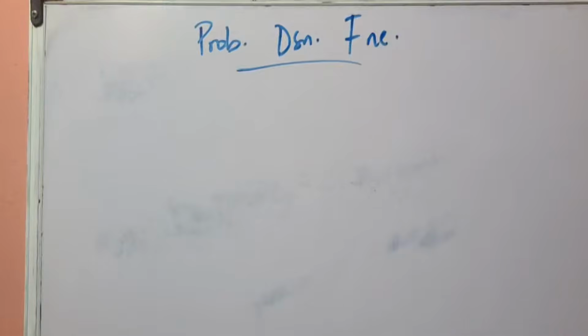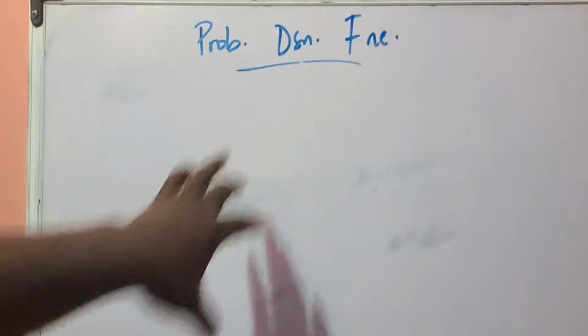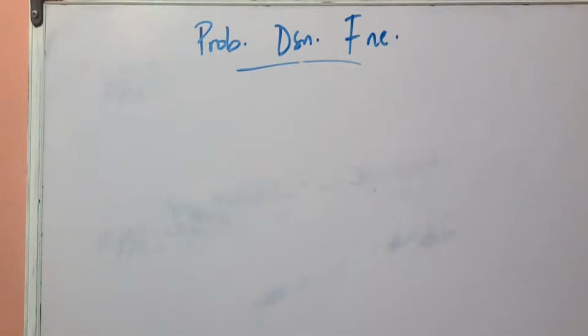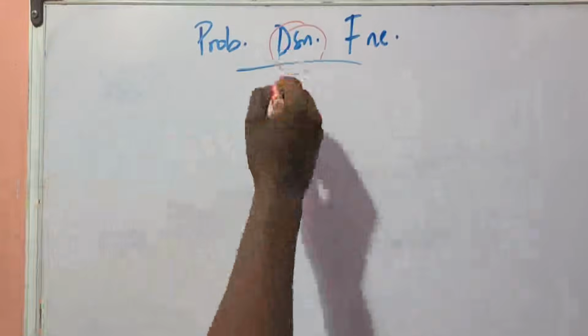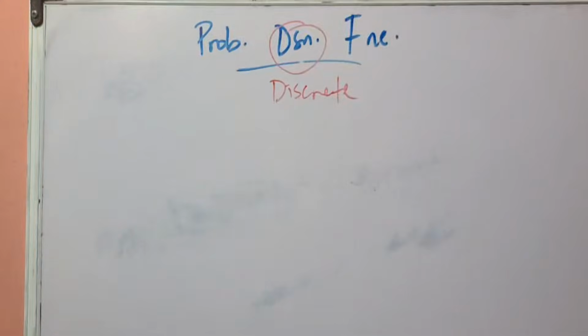Now, guys, when you talk about probability distribution function, you can see the word distribution here. So obviously, what I want to talk about in this class will be majoring on this. First of all, let me see if you guys can follow through. If I'm talking about distribution function, what do you think I'm addressing? Is it discrete or continuous? If I mention distribution, you know I'm talking about discrete, because I told you that when we say distribution,